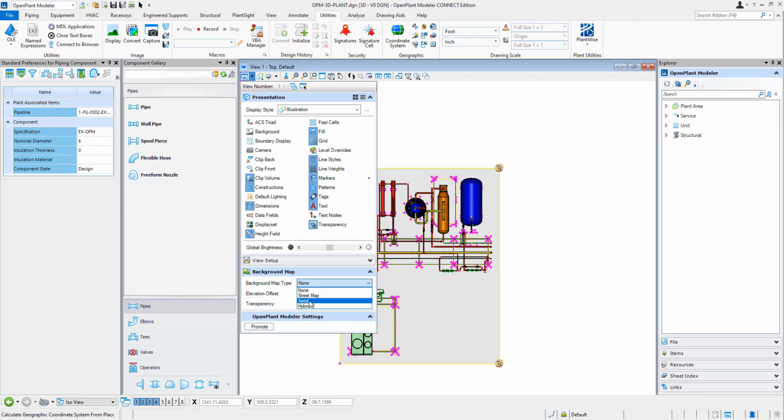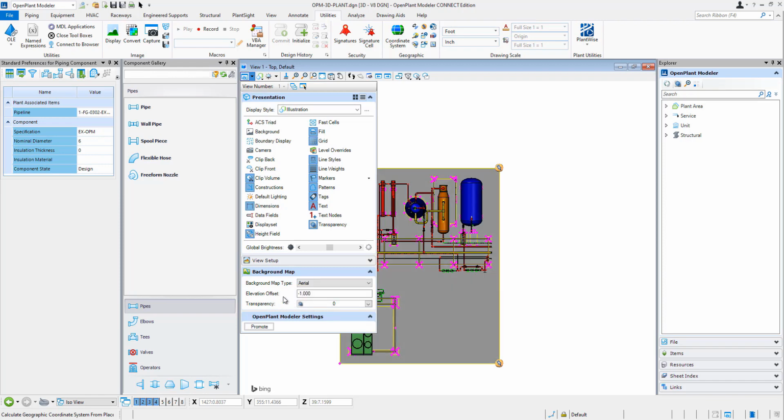For example, if I select aerial, the elevation offset field defines the distance above or below the Z plane at which the background data is drawn. And the transparency option is provided to set the transparency of the background data. I will keep the default values. I have just changed the background map type to aerial,